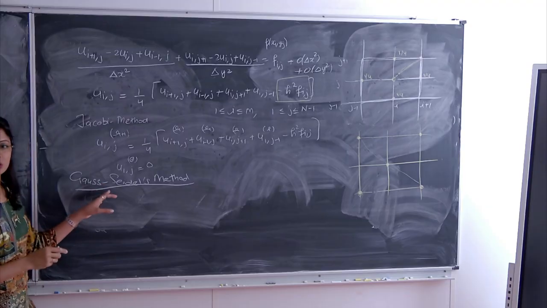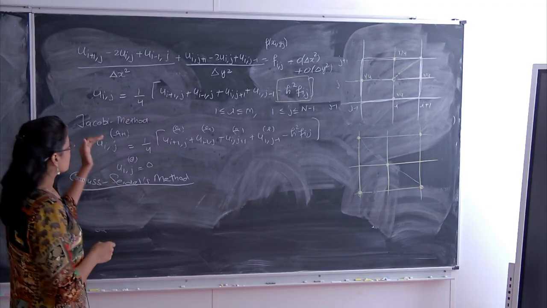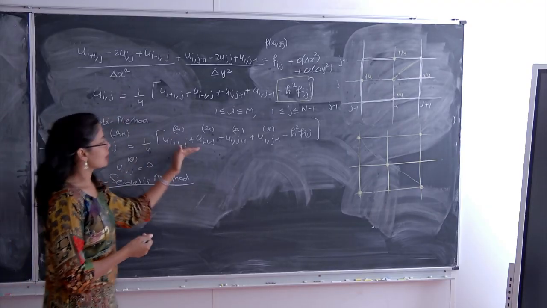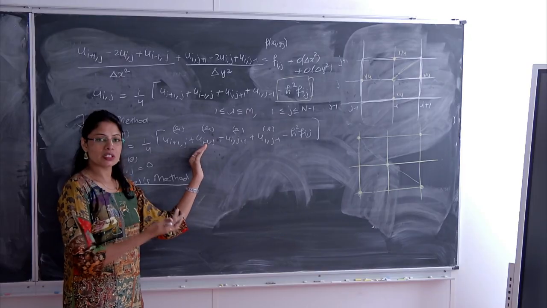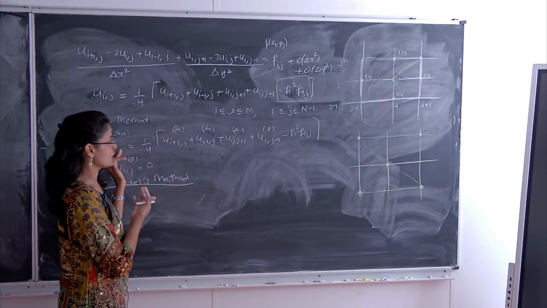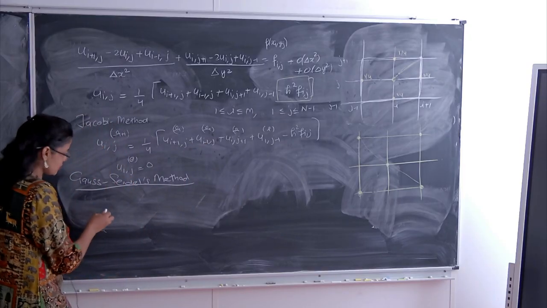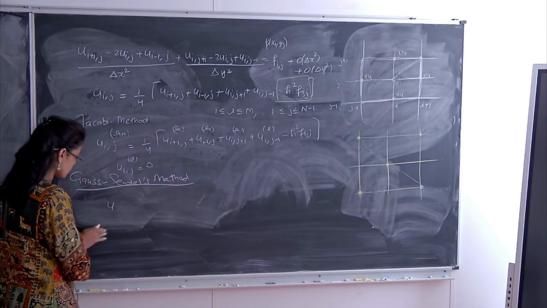Okay, so what is the Gauss-Seidel method? Here what we were doing, in the right hand side I am using just the previous iteration, and in the left hand side I am writing the next iteration. Here only some difference is there. What I am going to do here is